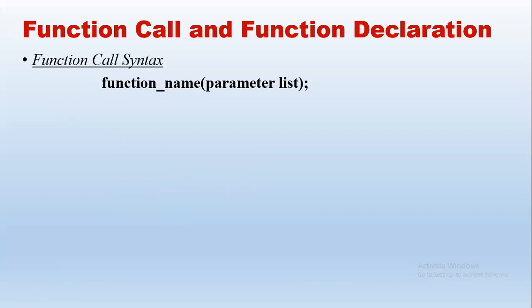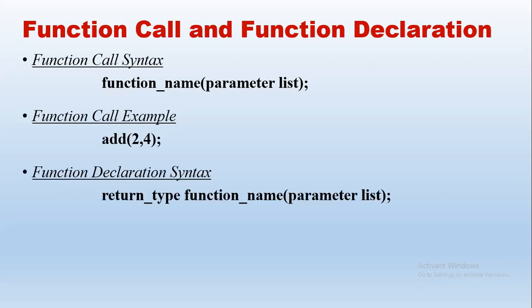Continuing, we have the syntax important for function call. How do we call the function? Like we just saw, square of 4. We have to specify the name of the function followed by the parameter list. For example, with add, we can give a and b or variable names, provided we take input for a and b, and we can give add of a comma b. Or we can give the values directly, add of 2 comma 4. It will add 2 plus 4, store it to total and print total. 2 plus 4, 6.